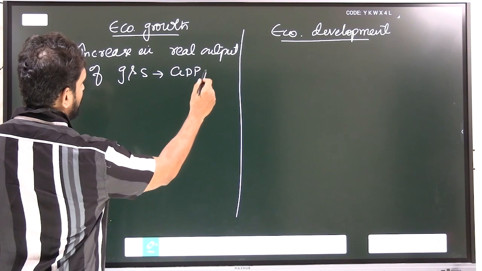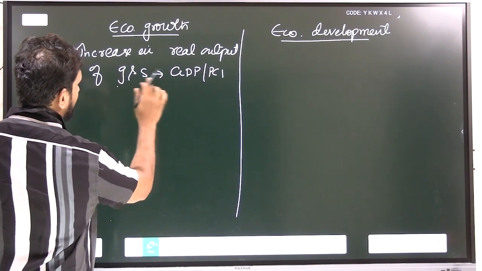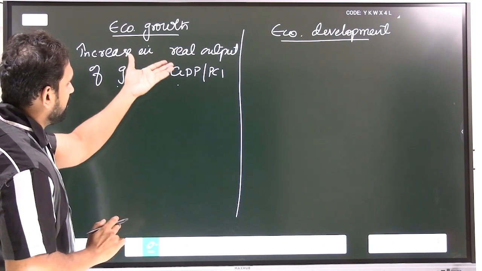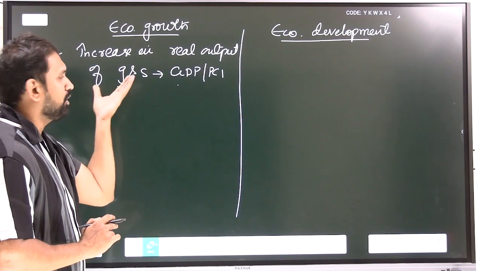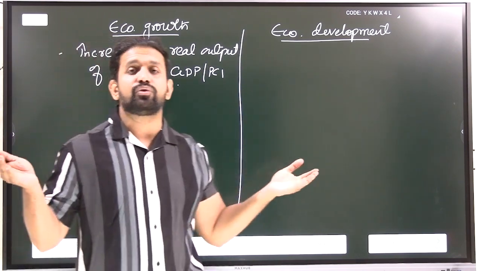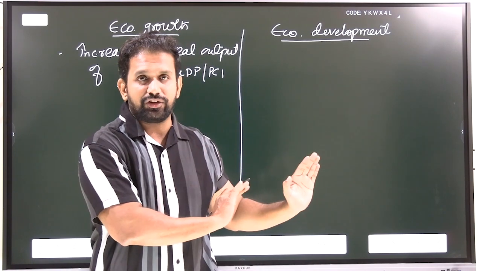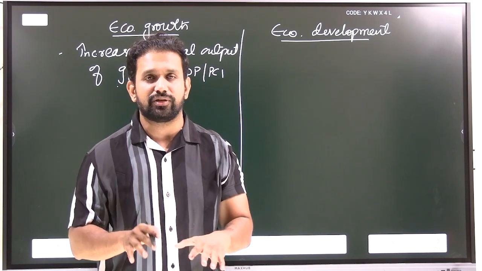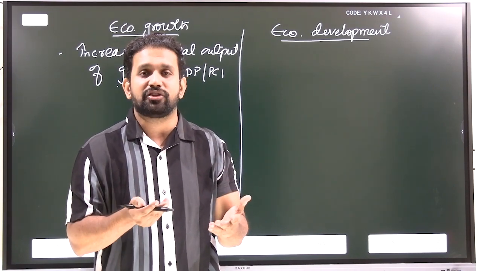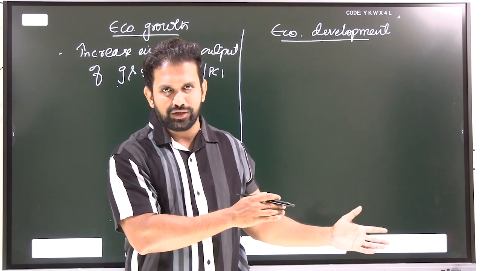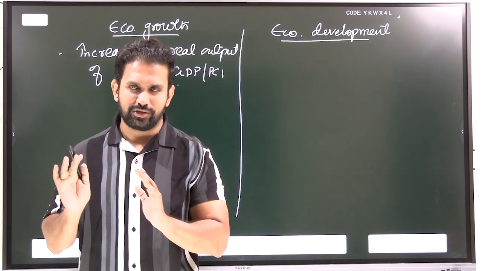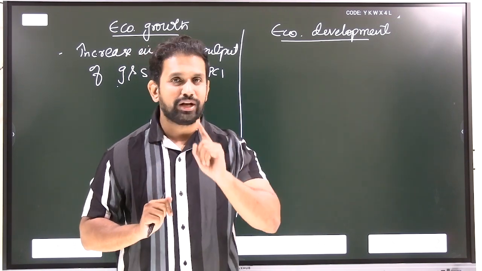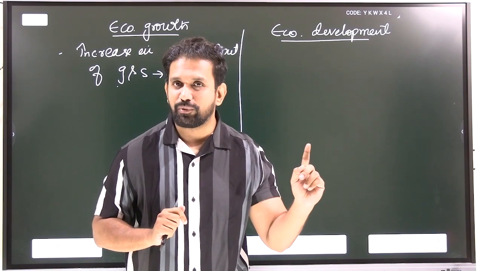Like GDP, we will talk about GDP here, and per capita income. So increase in GDP, increase in national income, increase in per capita income. So basically economic growth is more related to what? Output of goods and services. The more output of goods and services you produce, keeping inflation constant, not considering the inflation impact on prices, let us understand it this way: last year we produced 100 units, 1 unit 1 rupee.